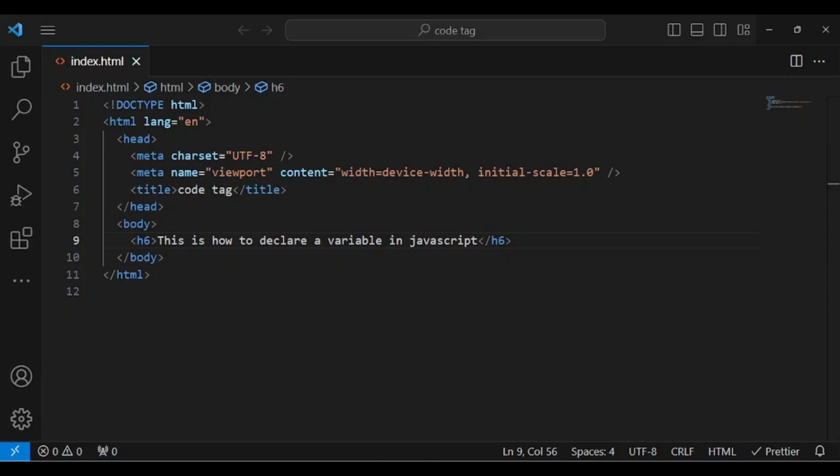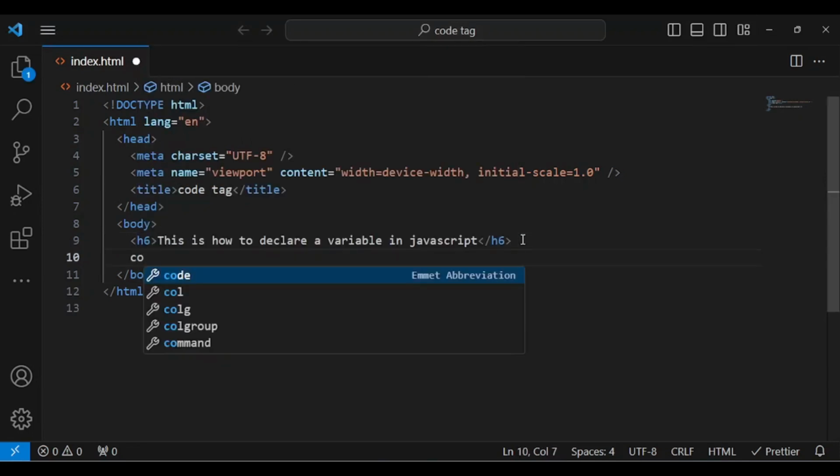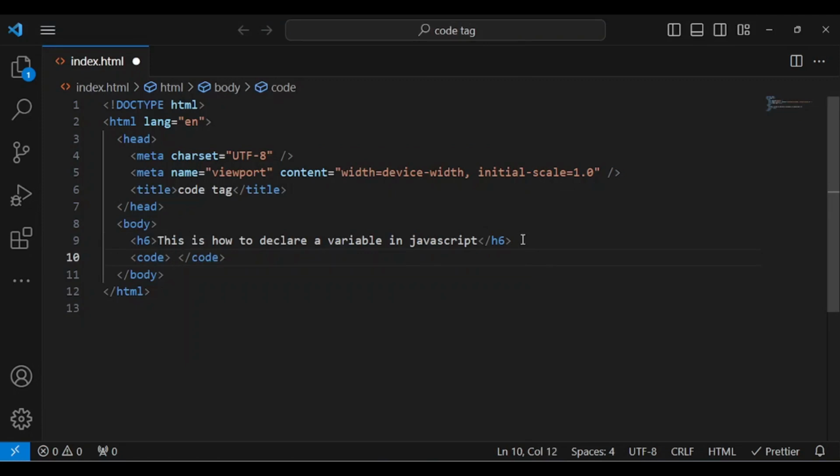So the next thing to do here is I want to show them how to do that, not just by text. So I want to just add a code tag, and then I can just say var age should be equal to 45 or 46, and then I just close this up. So I define a variable called age and I give it a value of 45, and you don't need to exactly understand how it works now for the variable. Maybe you haven't gotten to JavaScript yet, but don't worry, when you get to JavaScript, you are going to understand